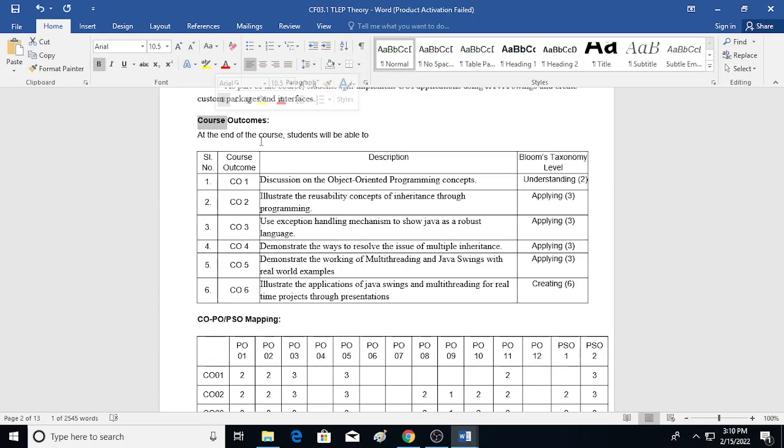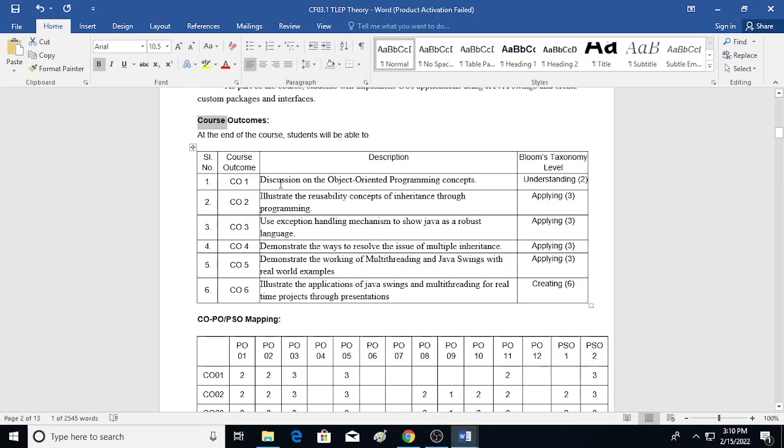It's possible. So here NBA will accredit your program, not your department. Is your program up to the standard? Is it providing outcome based education or not? That will be guaranteed and certified by the NBA. So each program will have many courses from first year to final year. Each program will have multiple courses, and course means subjects. Each and every course is supposed to have some outcome. That is, after learning this particular course or subject, what will be learned by the student.